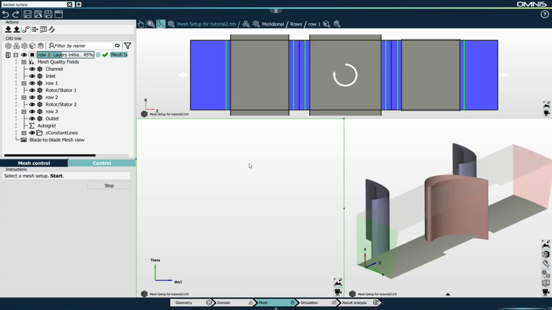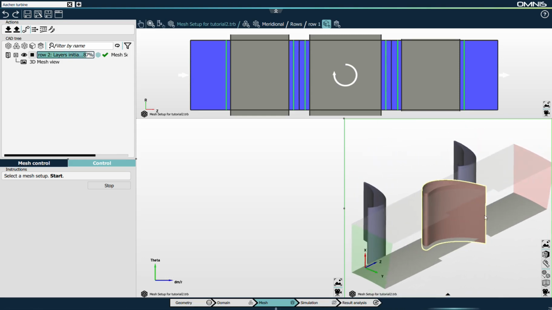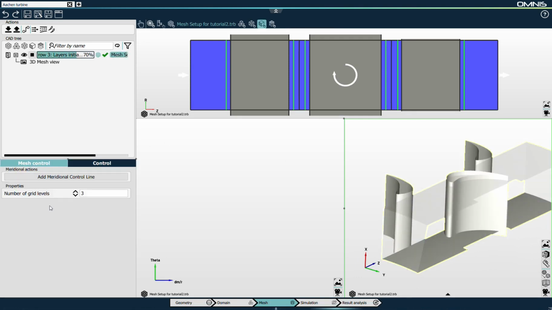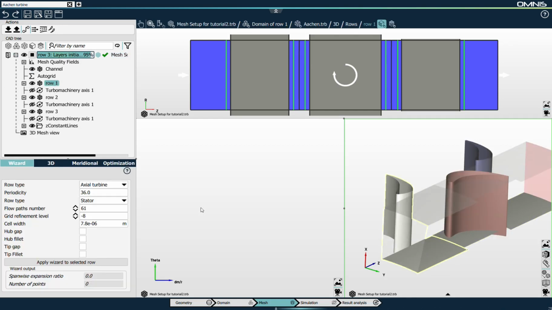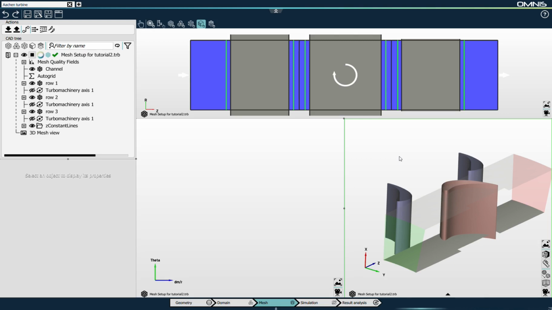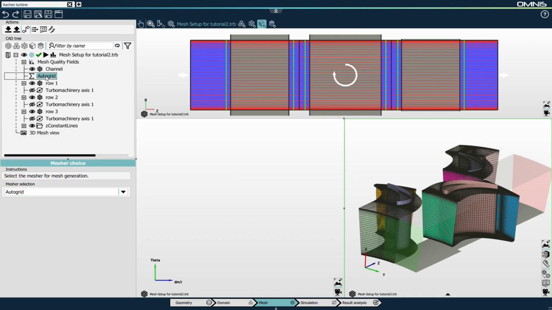While the mesh is being generated, there are two things that I can tell you. First thing is that Omnis is a client-server based architecture, which means that while the mesh is being generated, the user can keep on using the user interface without any slowdown. So here you see that I can set up parameters or continue changing anything that I want without the interface being frozen. The second thing is about the mesh generation tools in Omnis. In Omnis 4.1, we've integrated two mesh generation tools. AutoGrid, that was selected automatically here for turbo machinery multi-block structured meshes, and Express for unstructured meshes.